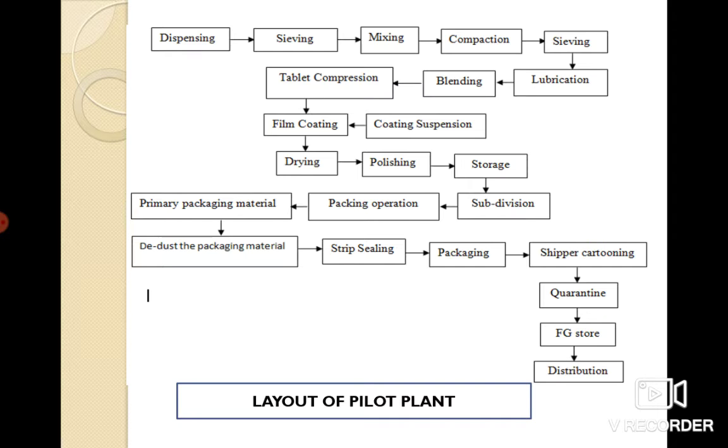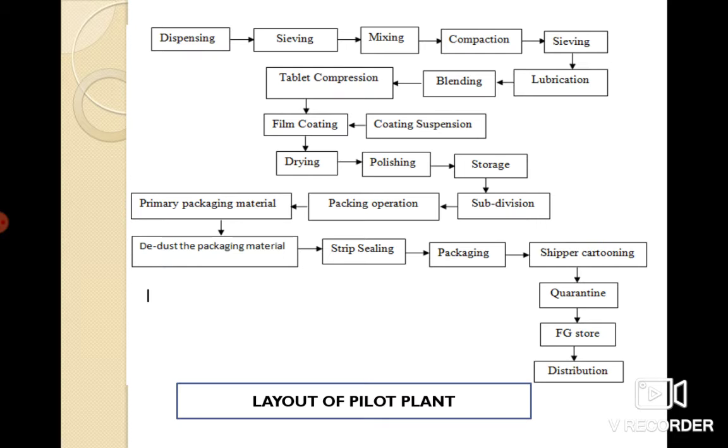Obviously, firstly we should have a receiving area. Here we receive all the required material, and after the receiving area there should be a receiving quarantine area. Here we quarantine all the material related to the production of any solid dosage forms.